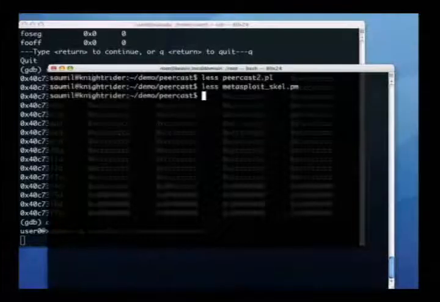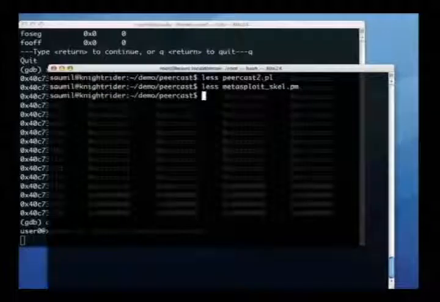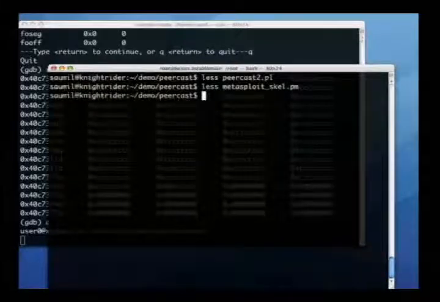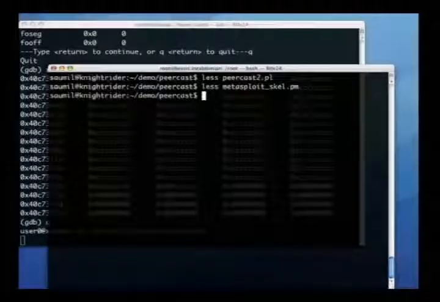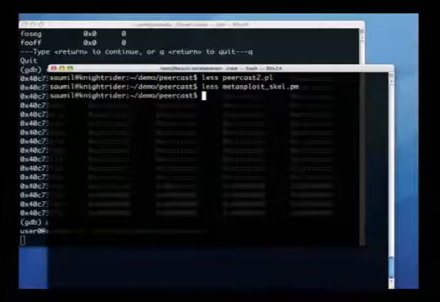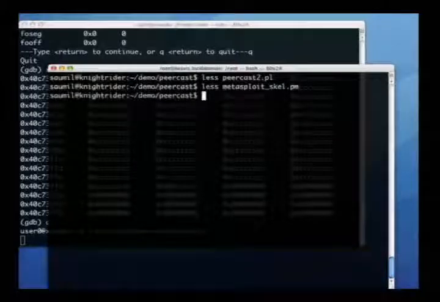Now, let me show you the Peercast module. What you have to do is just make a copy of this exploit skeleton, and in the exploit method, you copy and paste code from your proof of concept if you have written it cleanly, and then just assign values and references from the rest of the Metasploit variables. It'll be clearer when I walk you through this.